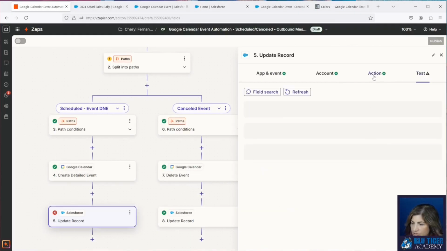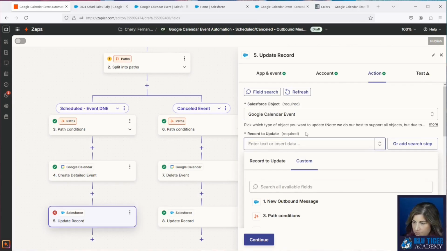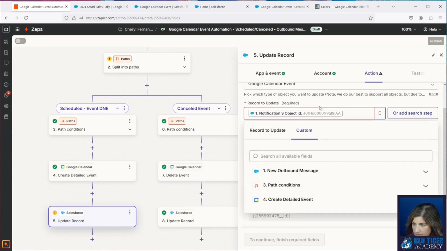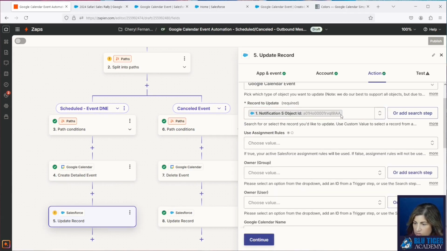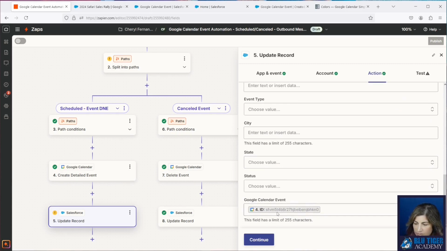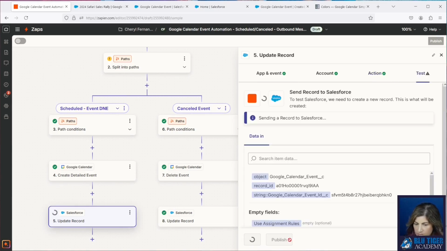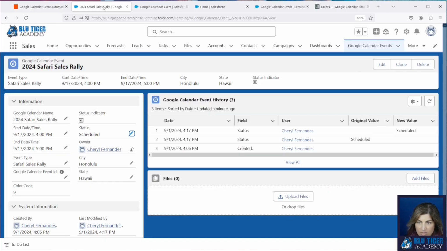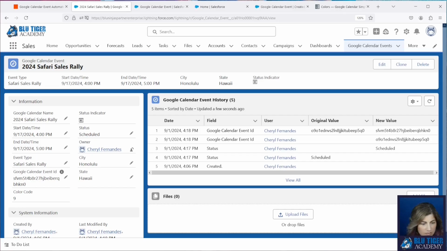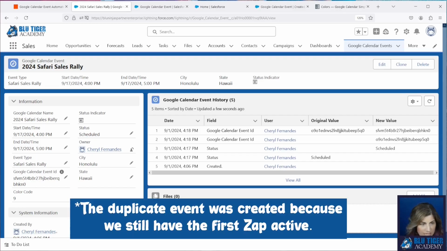Okay, the record ID here needs to be fixed, so we didn't fix that yet. So this is going to be the record ID of the record that came into this Zap. So it is that ID right there, the record ID of our Google Calendar event record. And then we're going to put in the ID of the Google Calendar event. So that is still right. There's no error there. And now we can test this and just make sure that the field gets updated on our test record. We'll refresh this. So that got updated successfully. And it's actually creating 2 events here because we tested twice, which is okay.